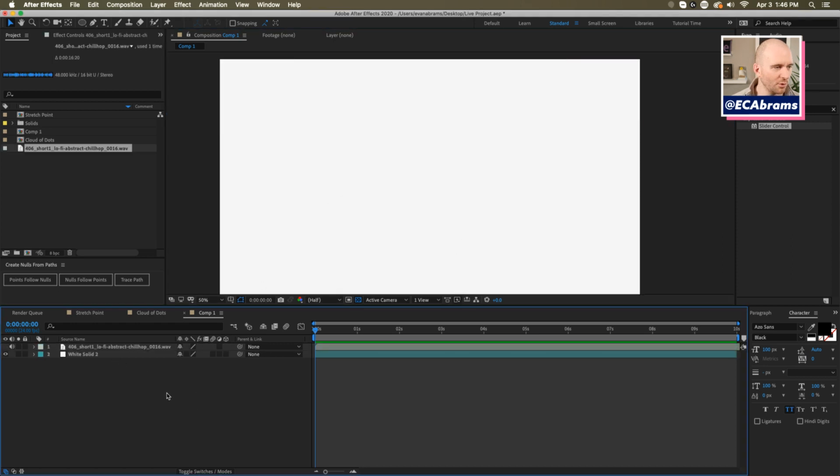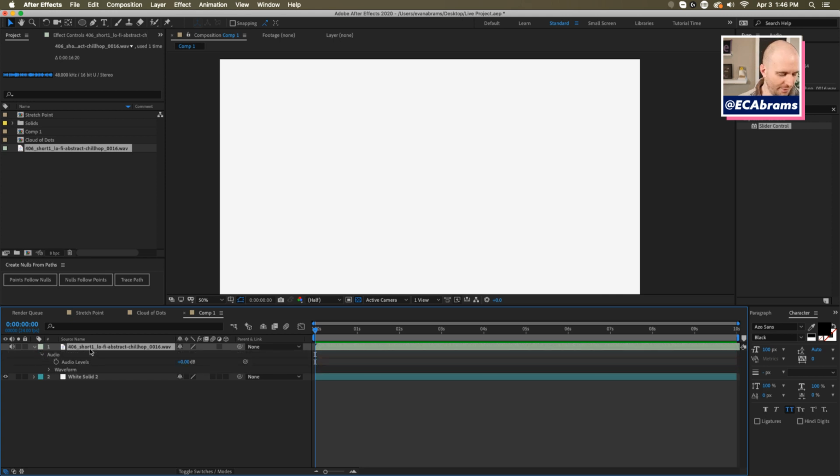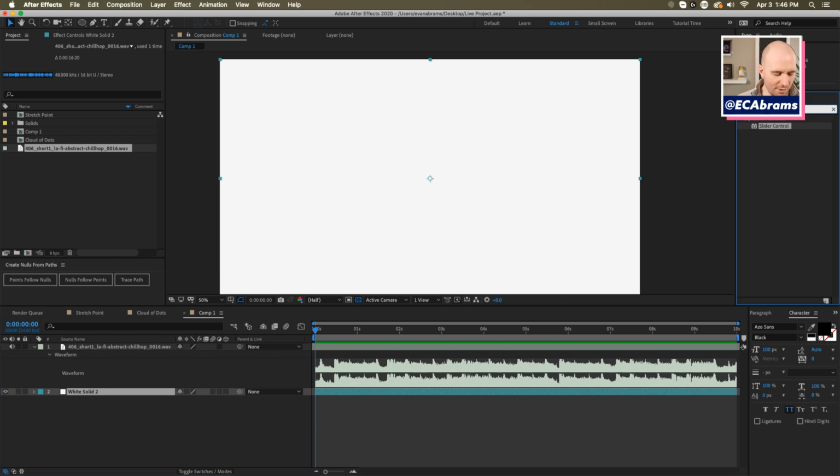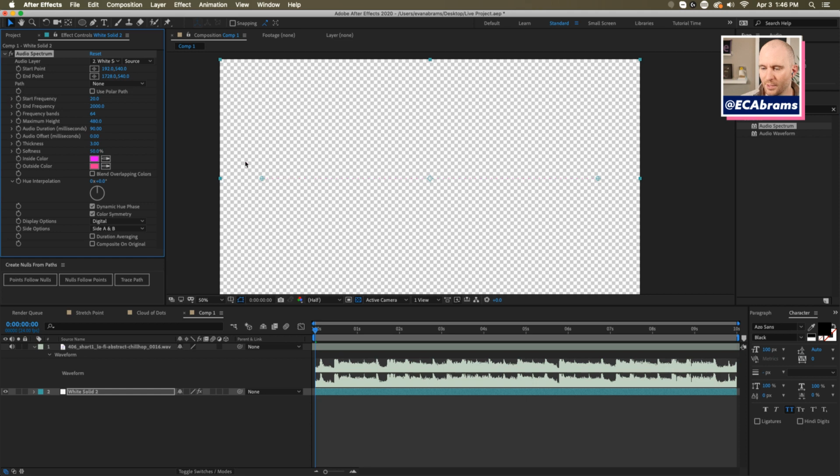Okay, so we're looking at my screen. I've dropped my audio onto the timeline. If we hit LL, we can bring up the waveform so we can actually observe it. It looks like this. And there were those two effects, right? The audio spectrum is one of them, and the other one is the audio waveform. So right off the jump, how does this even work? Well, you point it at some audio, and then it starts doing this. So this is the audio spectrum, which is like a graph.